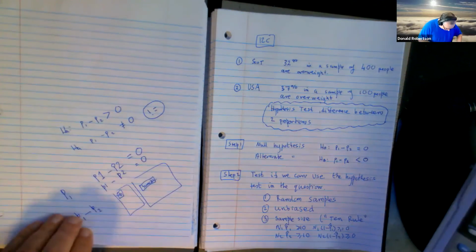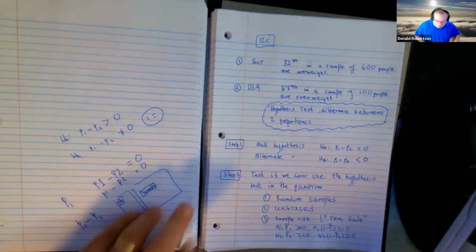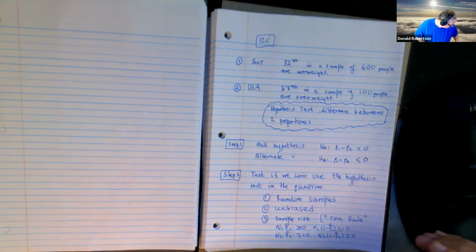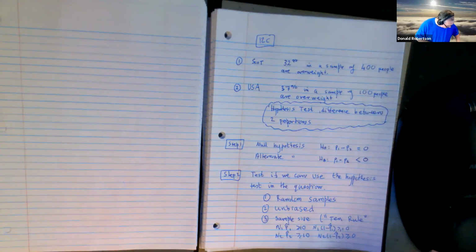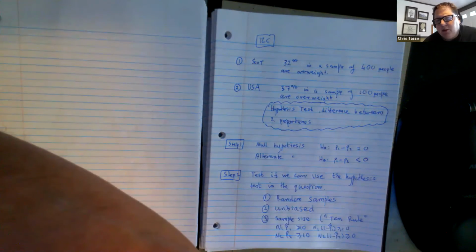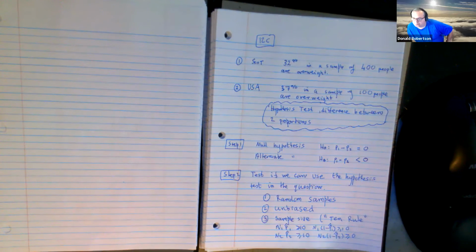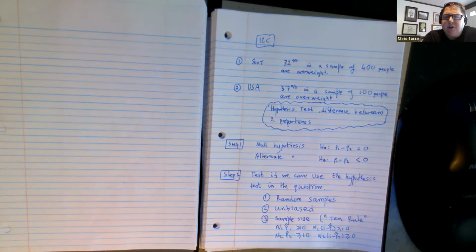Right, any questions about step 2? You don't always get asked things about step 2 in homework, but they are there occasionally. Is anybody allowed to ask any question? Obviously, at any time. Yeah. About step 1, sometimes you get like 81 people out of 93. Stuff like that instead of percentages. Yes. How do you write those as the null hypothesis?